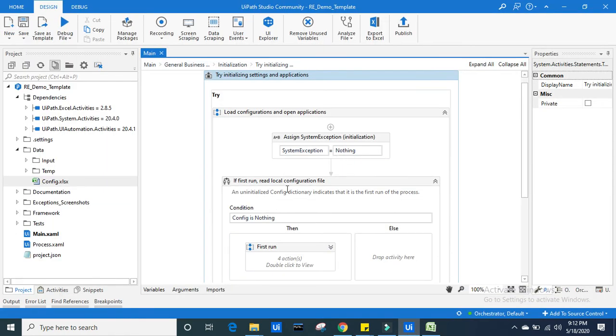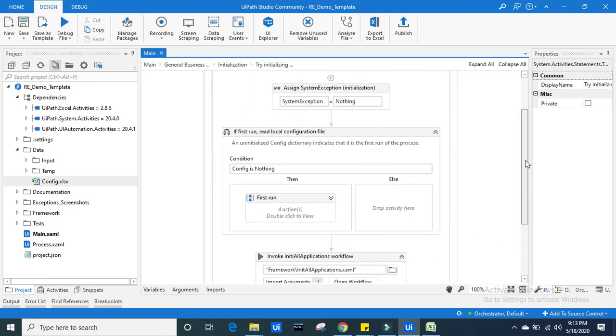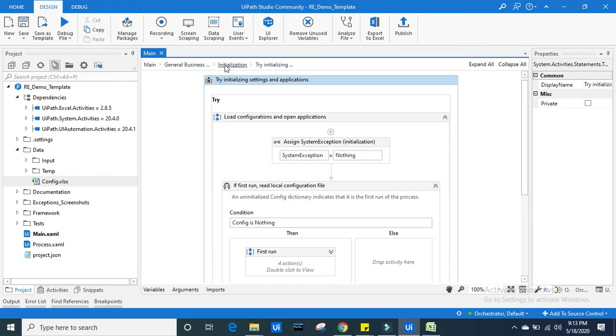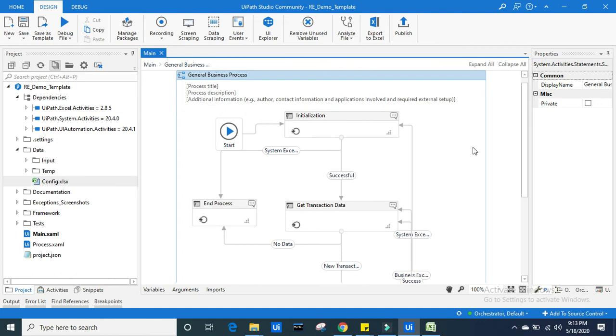These are all constants, no need to worry much about that. Here they have already developed the workflows like invoke init all applications workflow. This also we are going to go in depth when we are developing the workflows practically.